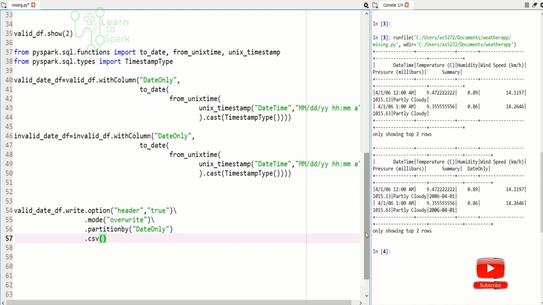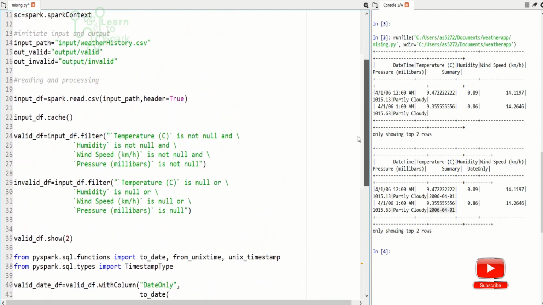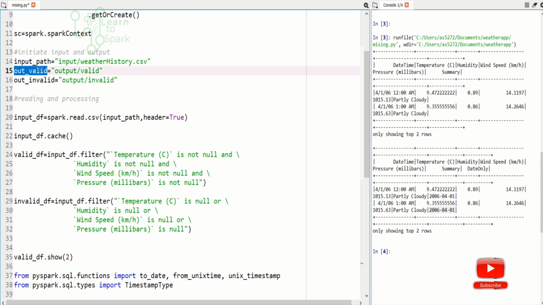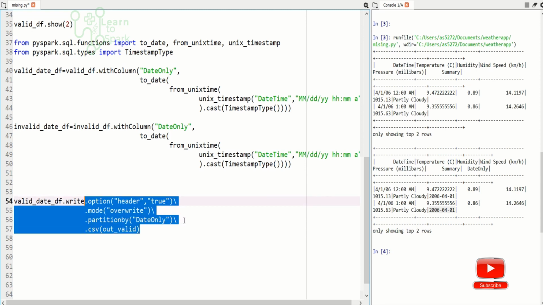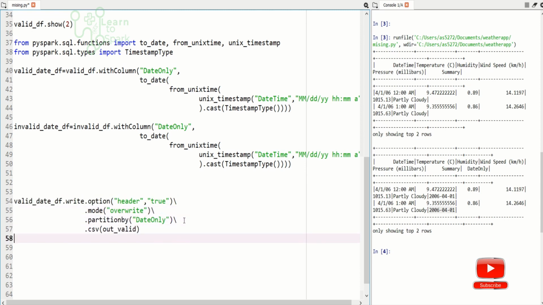So our output path is out valid. I will give that here. Same we have to do for invalid df as well.